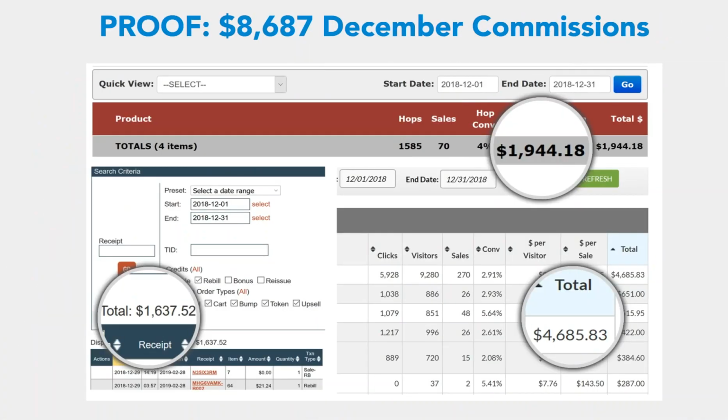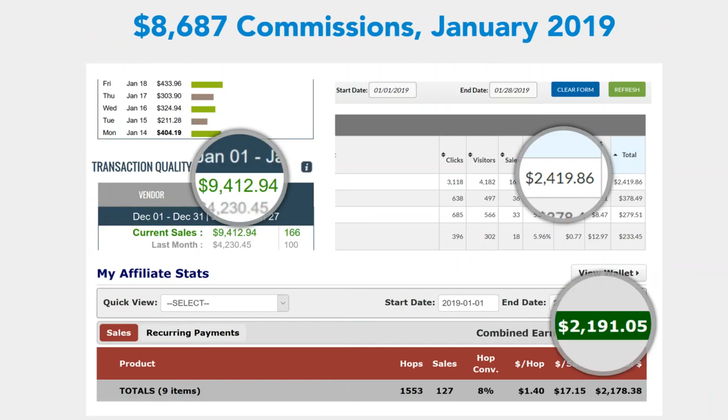So before we move forward, just want to show you some quick proof. This is my December affiliate commissions from a few of the networks I promote on. You can see we have $1,900 from Warrior, $1,600 from ClickBank, $4,600 from JVZoo, and there's some other accounts as well, but the total is $8,687 affiliate commissions in December. Fast forward to January and we have another $8,687,